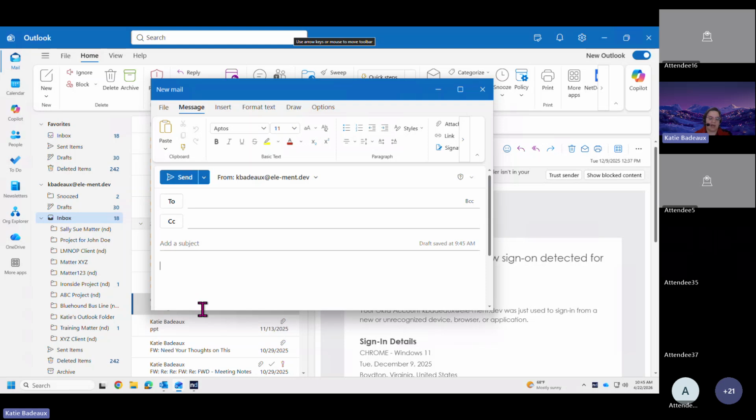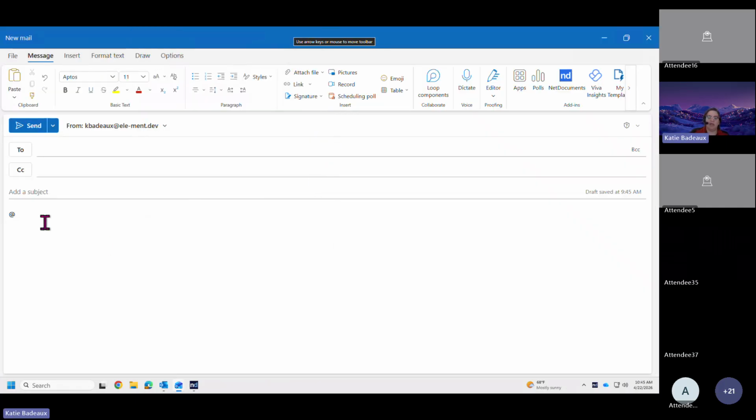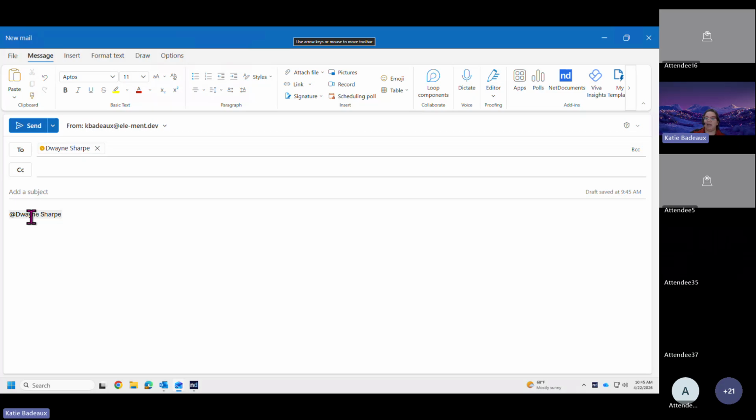So what I mean by an at mention is when you type the at symbol when you're composing an email, and it allows you to essentially tag a specific person. Now, when you tag that person, it puts their tag in the email itself and it adds them to the recipient list. So how this traditionally works for me, when I've used the at mentions before, is I'll be going in,